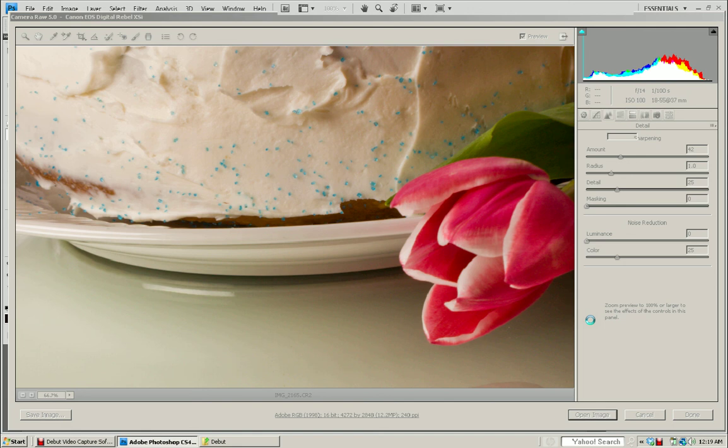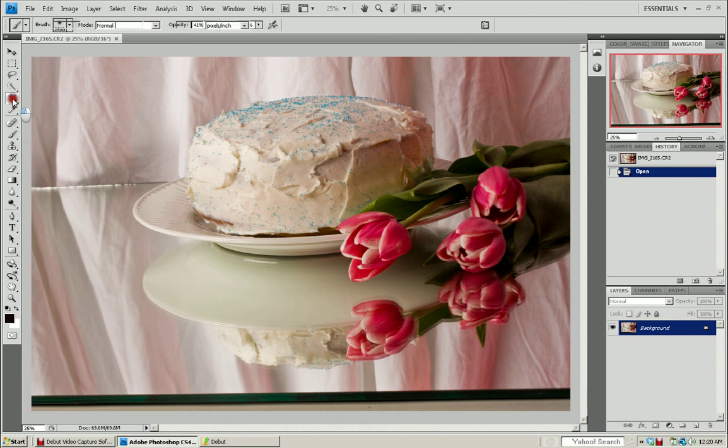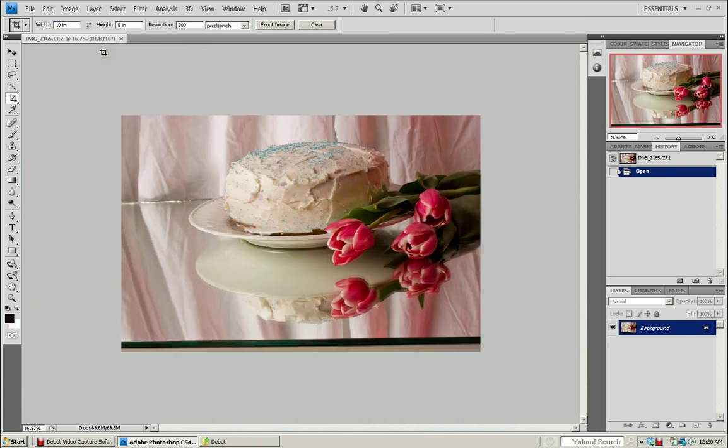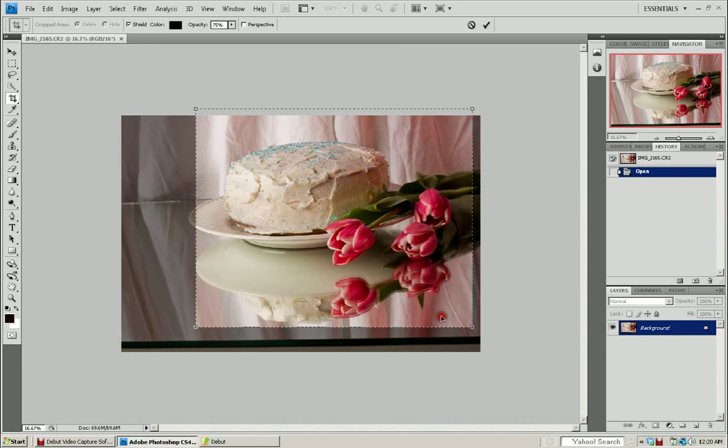So to crop the image, we are going to click on our vertical toolbar, click on our cropping tool, and we're going to have a resolution of 300, a height of 8, and a width of 10, because it's a horizontal image, so we want to crop this as a horizontal image. I'm going to drag my crop tool across here, and I want to cut off the bottom of the mirror that's in this image. I don't want to include the bottom part of the mirror, the edge, so I'm going to